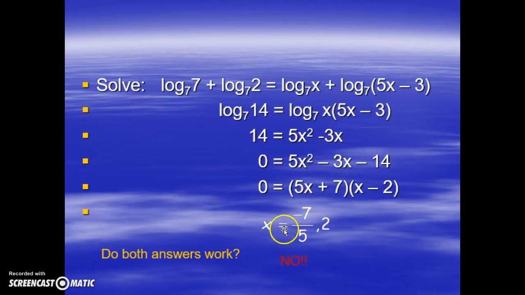Again, going back to the warning that I gave you earlier, you have to make sure that your answers work in the context of the expression you're working with. We're talking about input values to logarithms here. We don't have any domain values in a logarithm that are negative. So the only answer that's going to work for us here is x equals 2. Even though the algebra would tell us that negative 7/5 is a choice for x, it's not in the context